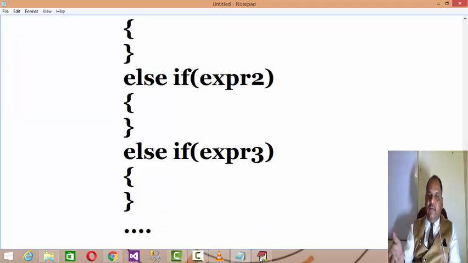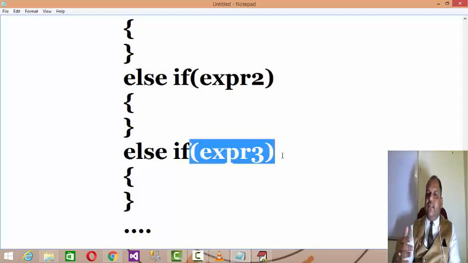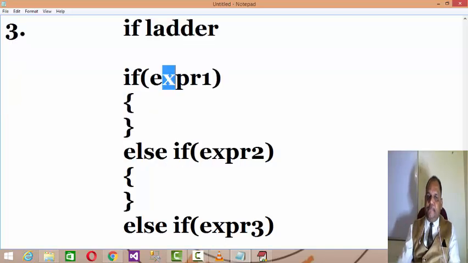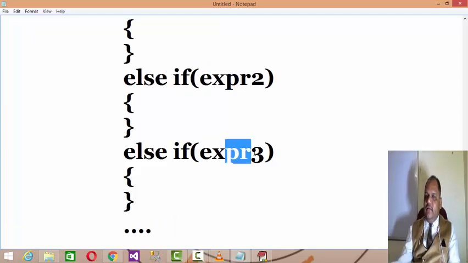Then if it is not greater than 85 and not greater than 75, obviously it is less than 75. So then check whether it is more than 65, then it is a B grade, and so on. You understand the things. If you want to start from the lower grade, then first of all, if the percentage is less than 50, then no grade. If it is not less than 50, it means it is more than 50, then check the next condition. Is it less than 65? If it is, then C grade. Then more than 75, the next, then B grade, and A grade and A plus grade.